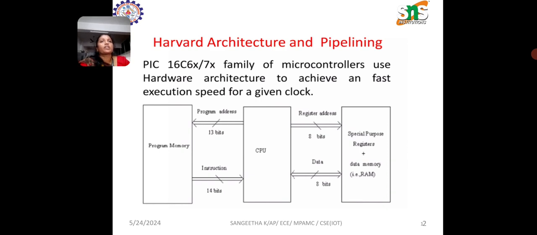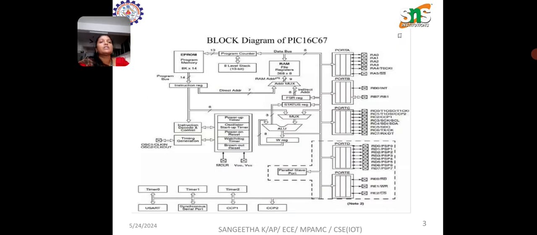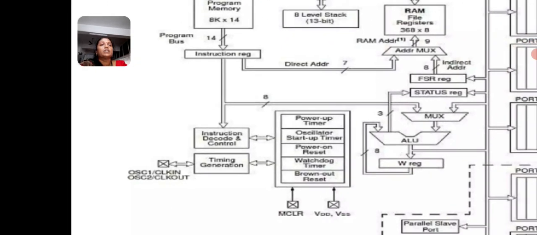So it is a RISC architecture, that is a reduced instruction set computer design, which means the PIC has a small, highly optimized set of instructions. In the last video itself I told you there are 35 instructions for the PIC 16 series, making it simpler and faster. So this is the block diagram of PIC